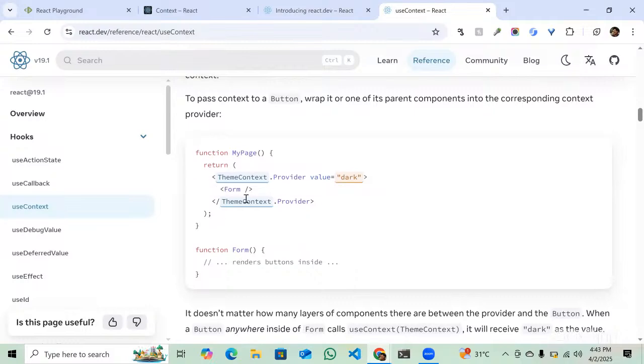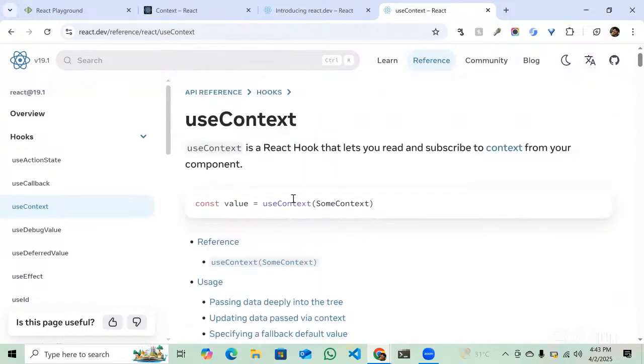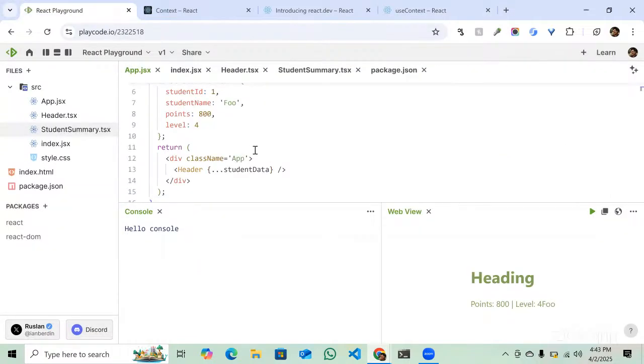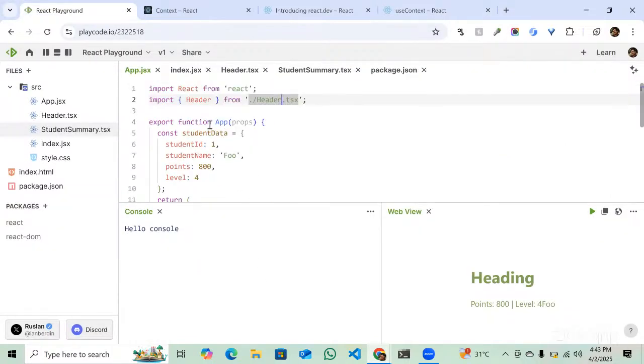Share some piece of state at the top level without having to pass it around all the time. So what you will need to do as the remaining part of the exercise is,